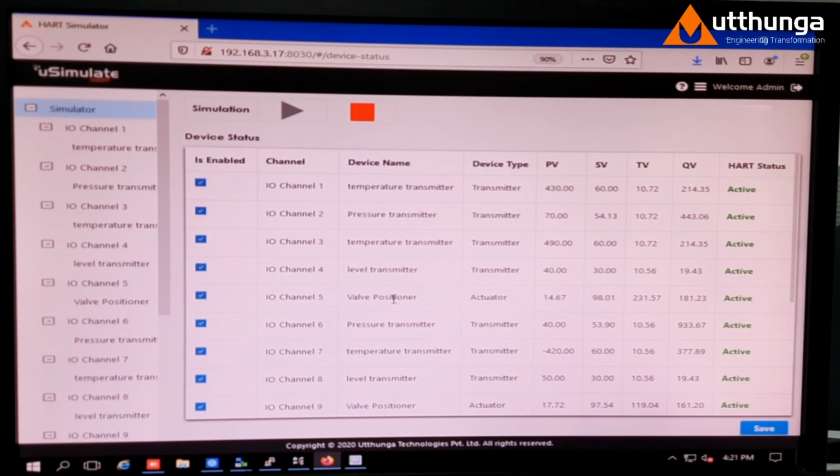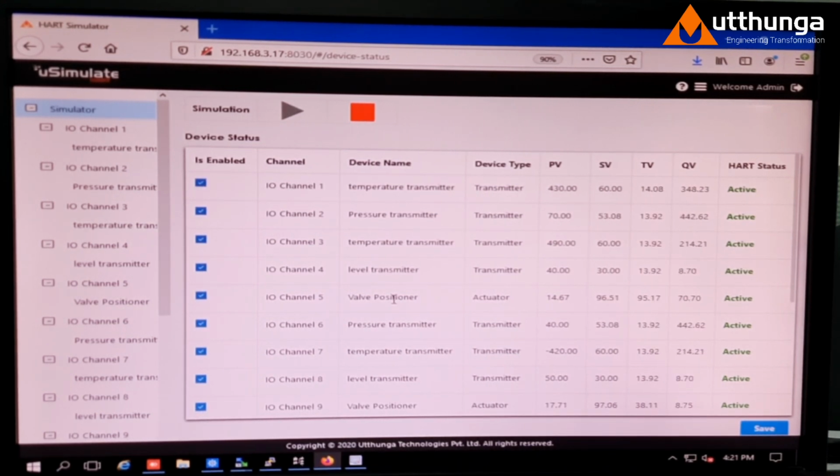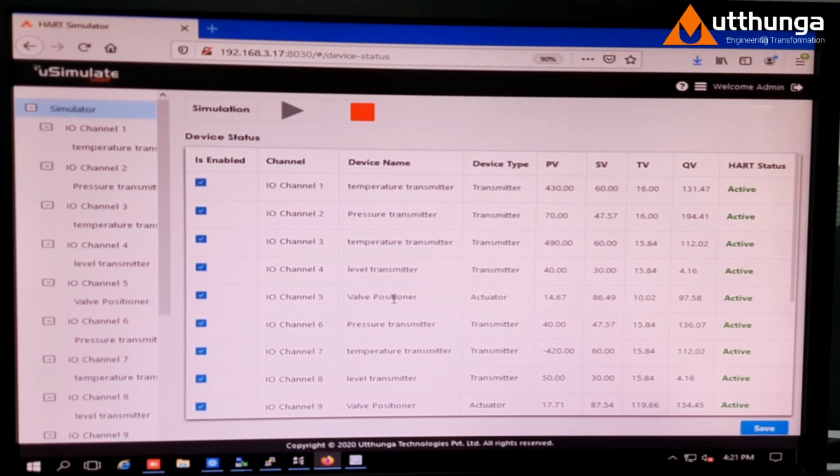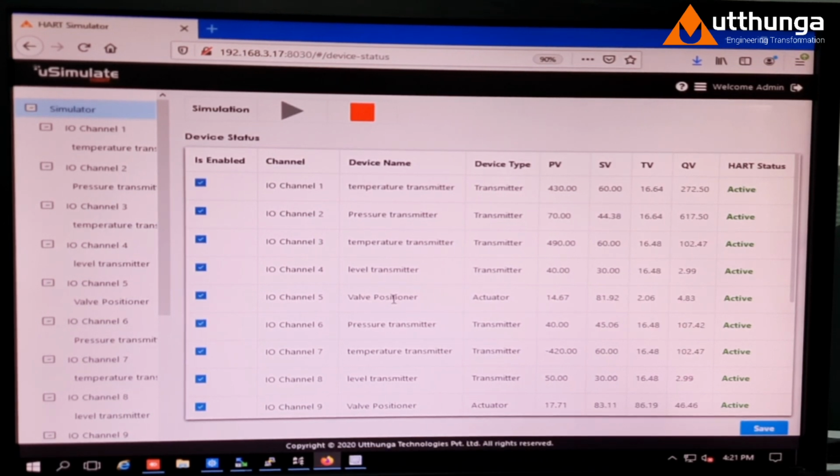For example, let us say we have a temperature or pressure transmitter. We need to map them to certain channels. We cannot keep doing this for all the channels every time. So we will create some devices and save them. Whenever we want, we will just map them to the channel we want.